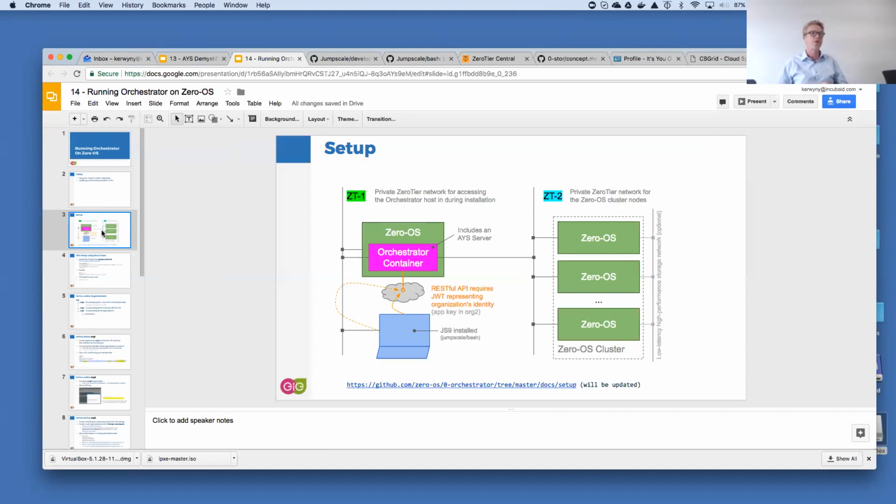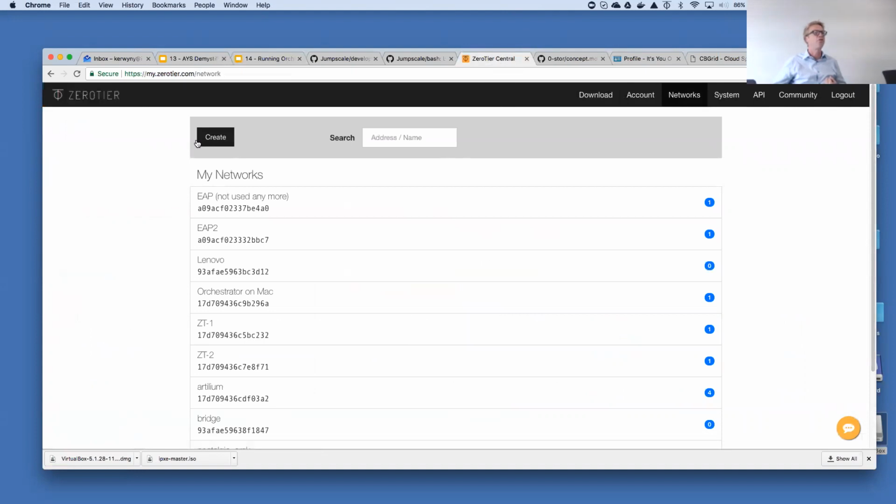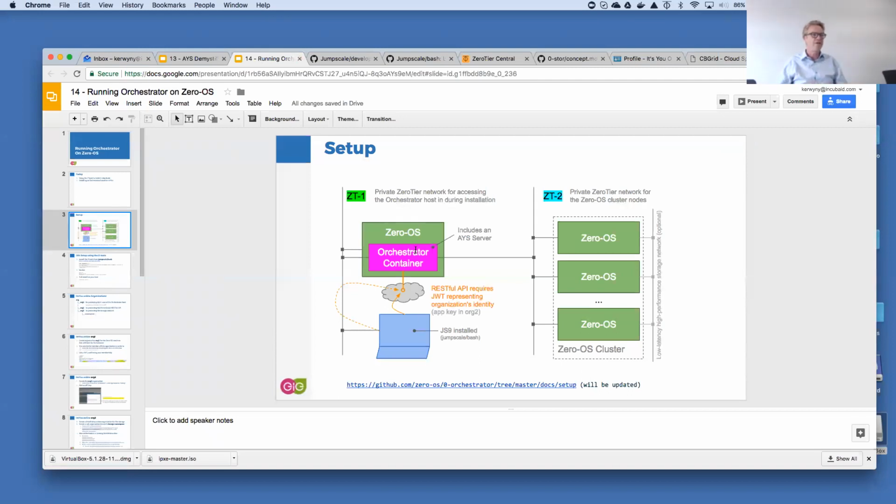This is a quite straightforward exercise. You create two zero-tier networks by visiting the zero-tier central environment, which is open here, and you go to networks and you basically create a new network, you give it a name, that's it. It's quite straightforward.